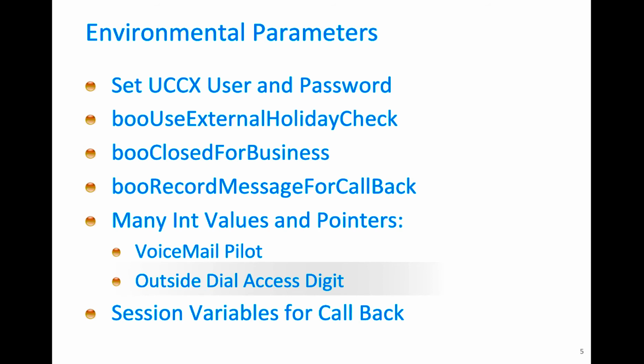As you look through the script, you'll see parameters that need to be set or that can be changed. There's a lot of integer values, for example, menu wait times and things of that ilk. You'll want to go through the parameters and verify them. There are some pointers, for example, when we need to transfer the caller to voicemail, we need your UCCX's voicemail